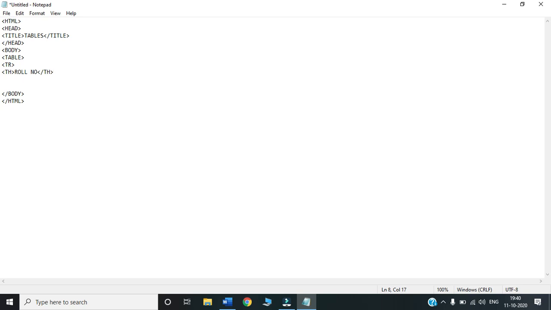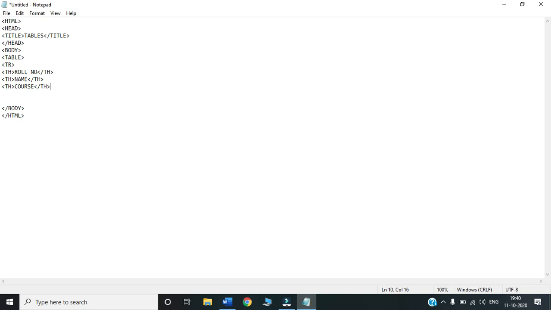It means the first cell of the table is created. Next, again I start to write th, and the value of th this time will be name. Close th. Third th was course, and I close th.